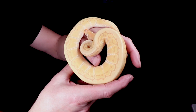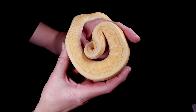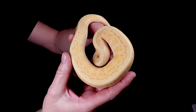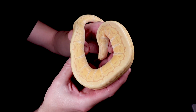Alright, so that last snake, Peanut, the label on his tub says C1421, so he's the 14th clutch. I actually had 14 clutches of Ball Python eggs this year, so he was like the youngest one out of all these. He hatched last, and this one was the clutch right before that, so this was from